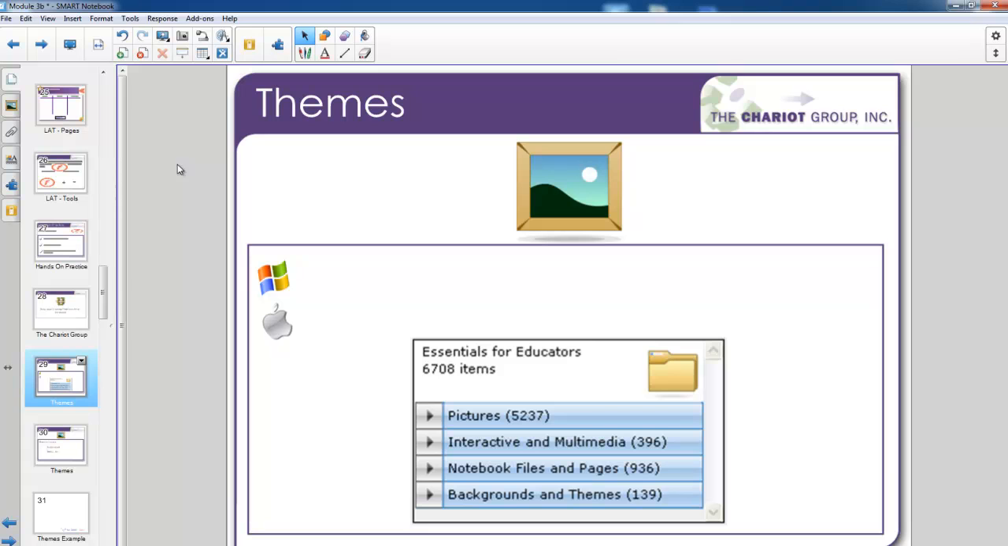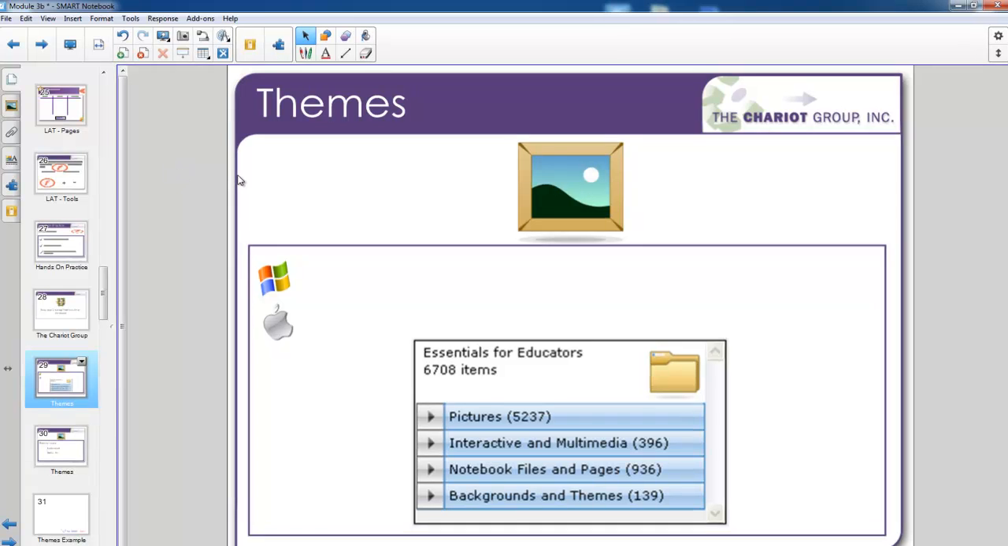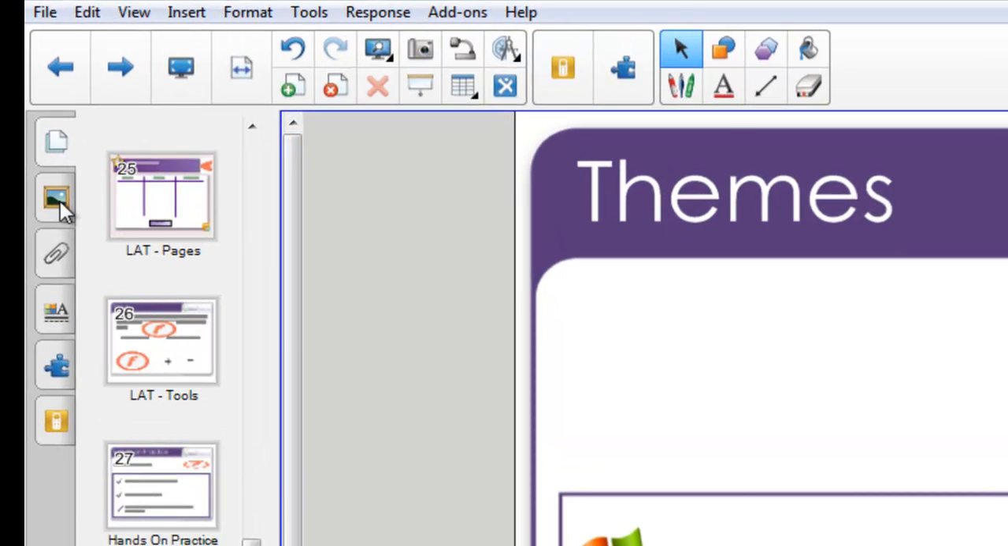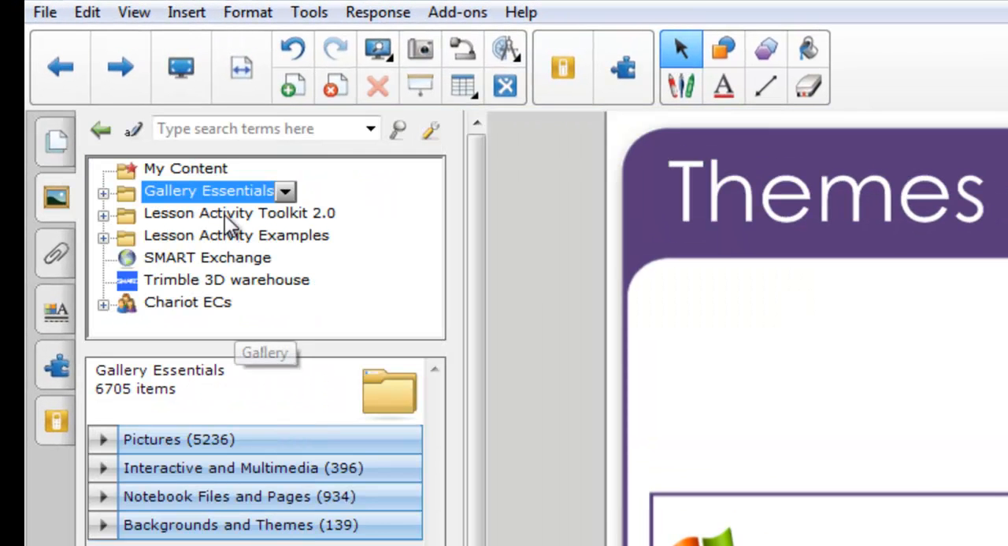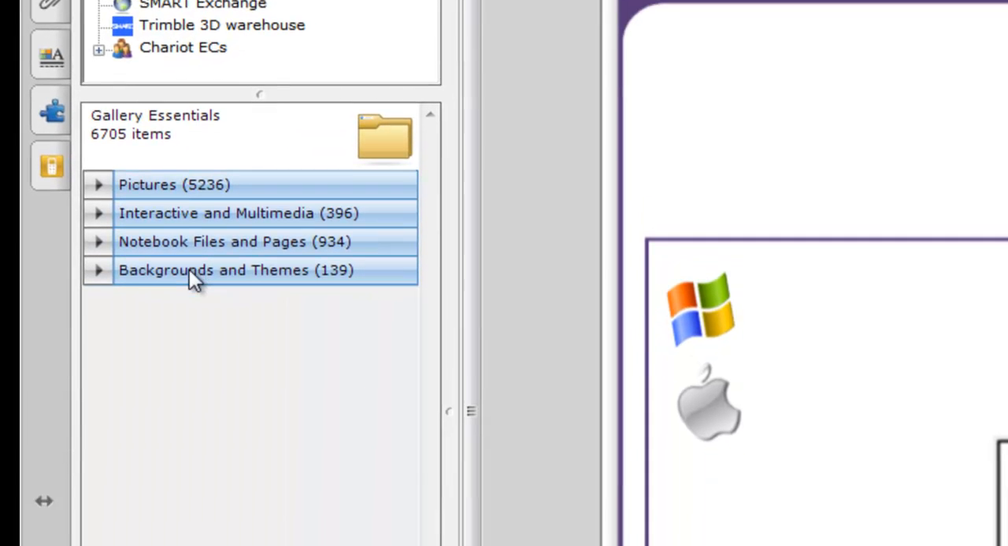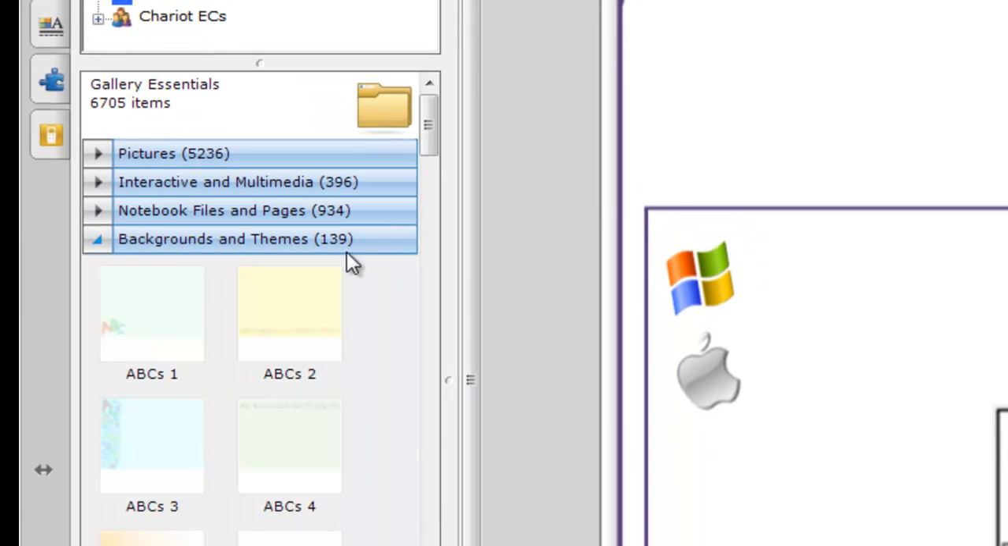So first thing we want to talk about really quick is themes are similar to what you'd expect in, say, PowerPoint, but in Smart Notebook, you can find them in the gallery. There are pre-made themes. So if I click on the gallery up here, and in the Gallery Essentials, if I come down to Backgrounds and Themes and open that up by clicking it,